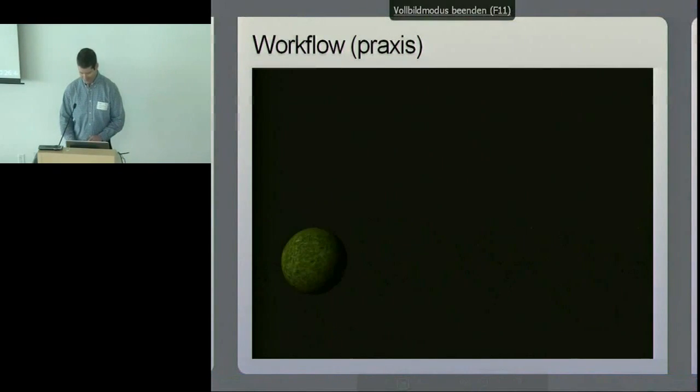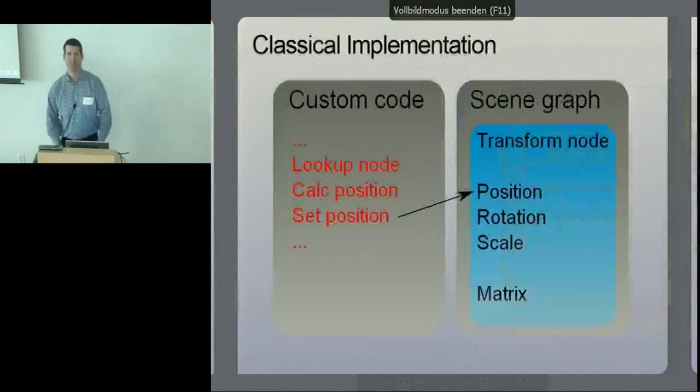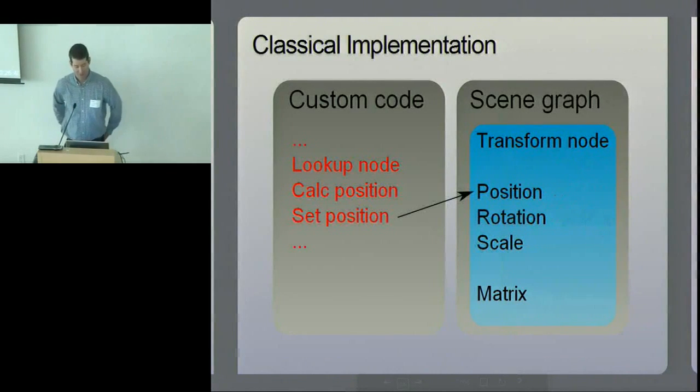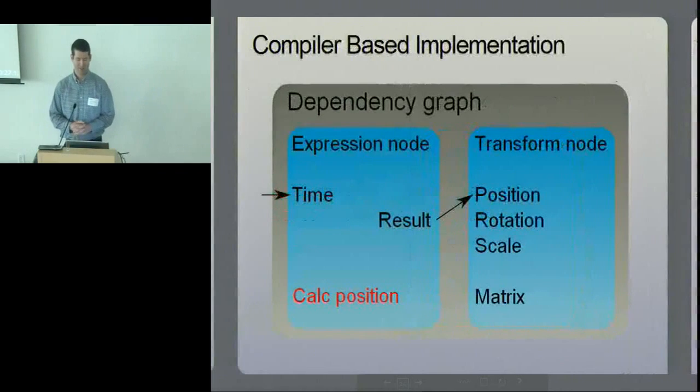And so in a classical implementation, you would do it like this. In custom code, you look up the transform node of the ball, then calculate the position and set it again. In your scene graph, you have the transform node that holds the position, rotation, and scale attributes, and calculates the world matrix from it. In this node you have to find, for example, using its name or whatever. And in a compiler-based implementation,